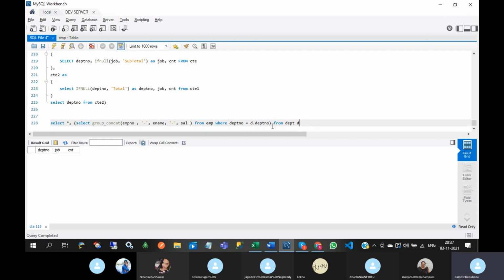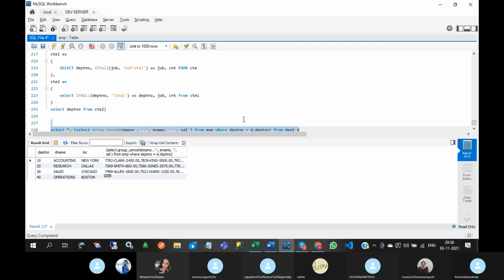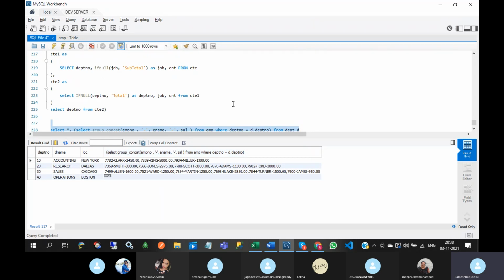That means this is the main query. So from this department table I am taking department number and passing it to the employee table. So from that, different employees are there, and I am applying group concatenation to those employees' specific columns: employee number, employee name, salary. See this, like this it will come.